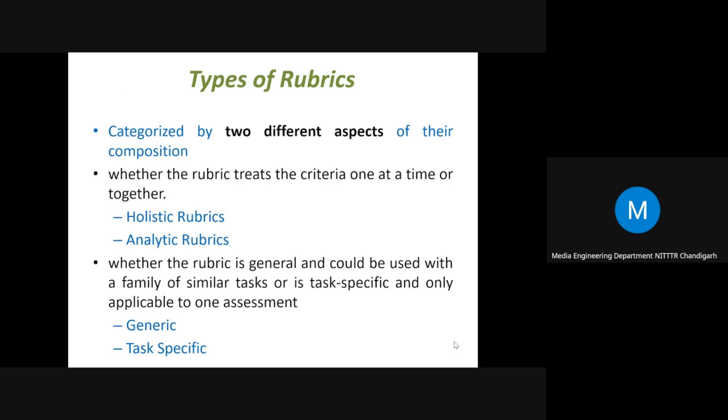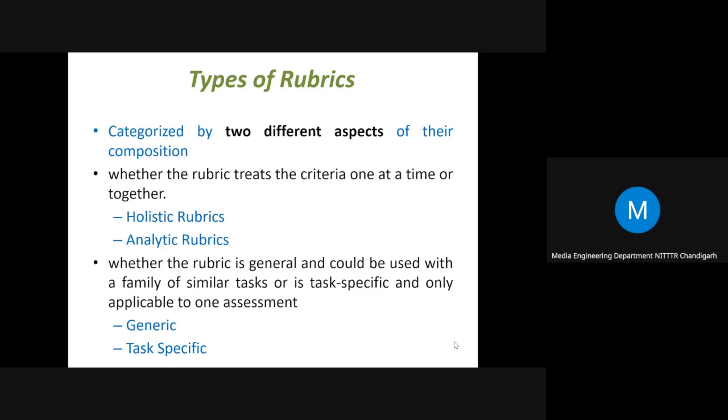So there are two broad categories of rubrics. Depending upon different aspects of their composition, we can classify rubrics as holistic and analytic rubrics. This depends on whether the rubric treats the criteria one at a time or together.